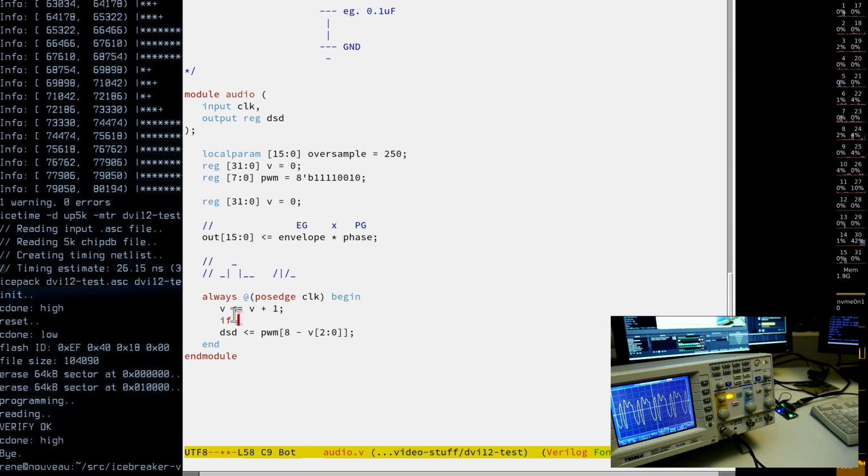So that not only works, otherwise it would short circuit, but we should also keep in mind that if we write code like if V equals oversample, for example, that probably should work. I hope this localparam stuff works like that. Also, let's name this count, to get people to use more useful variable names than just X, Y, Z, V, I, J, K. So if our count equals this oversample thing, then